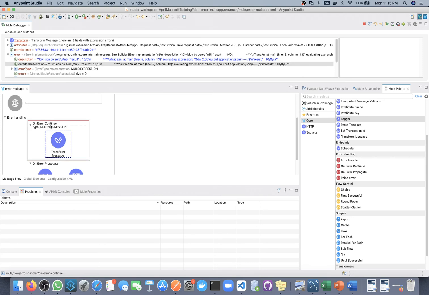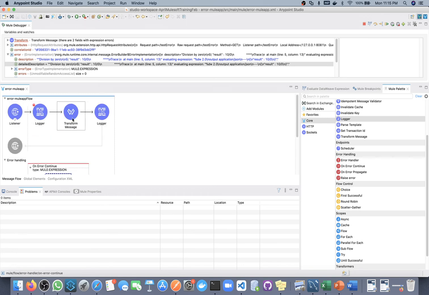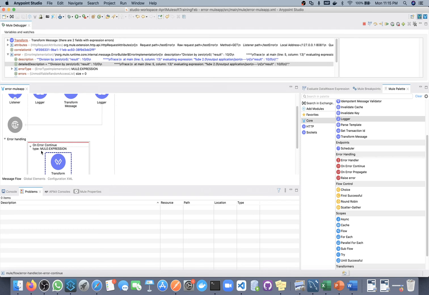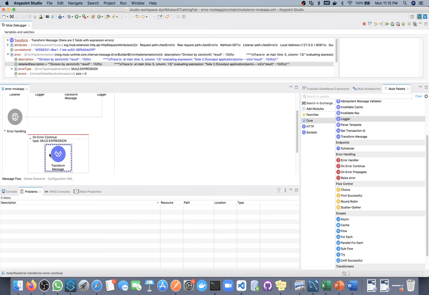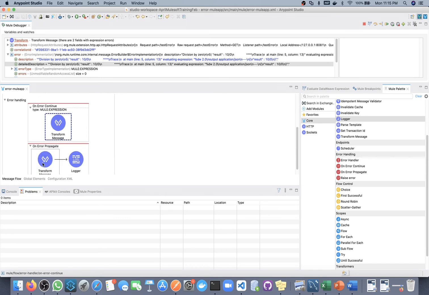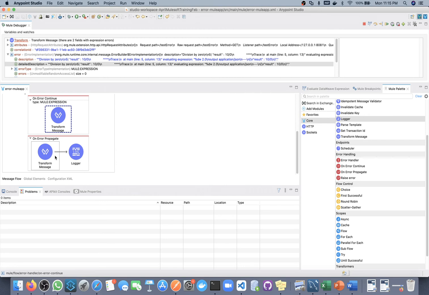See, we are going to this mule on error continue, and since we have defined the mule expression error type here, if we get any other kind of error, this on error continue will not be able to handle it, so it will go to the next one if we have anything next. If we don't have anything next, then again it will go to the default error handler.